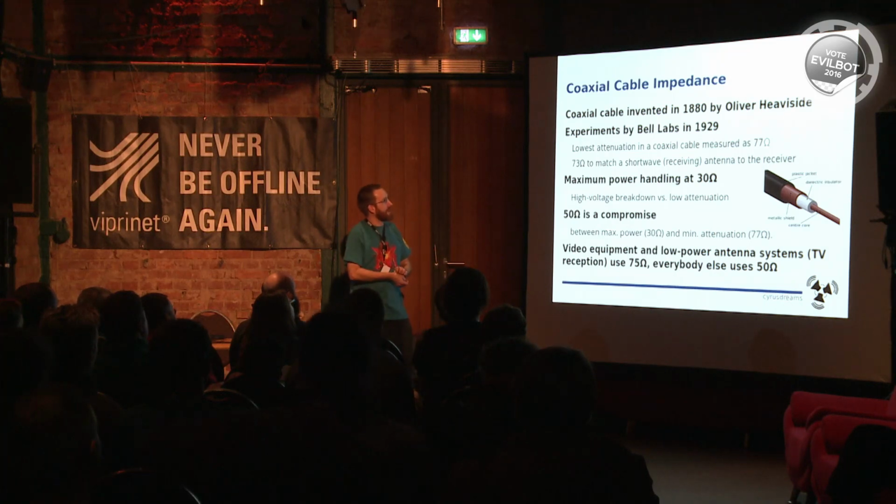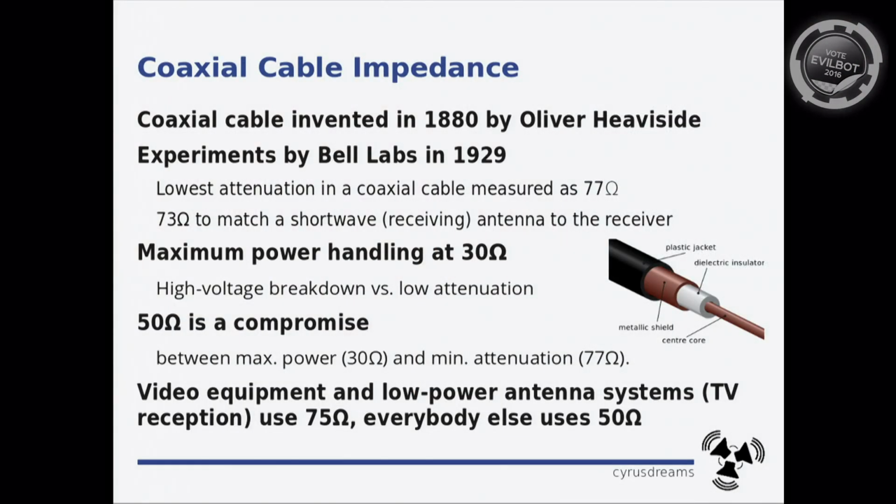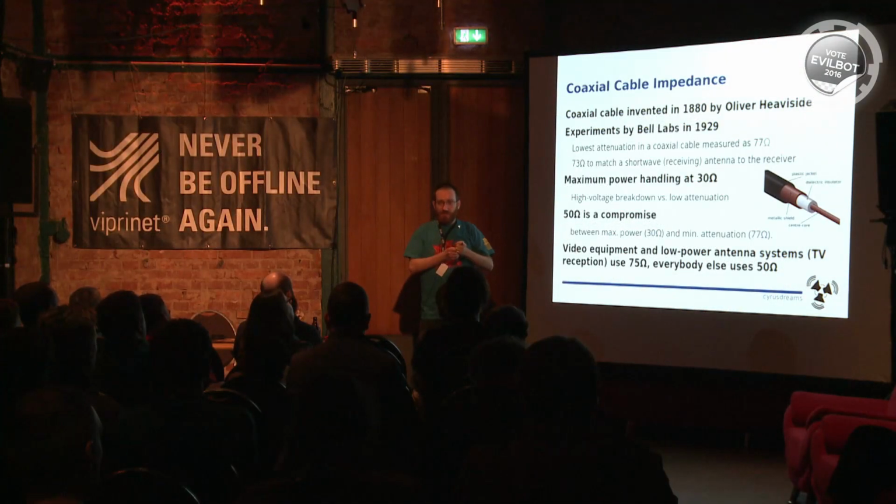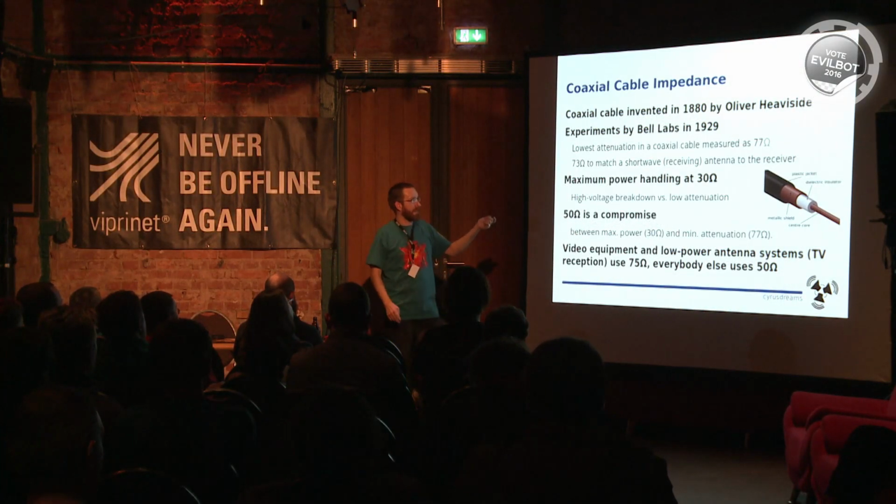And coaxial cable, yeah, the idea is it was invented in the 1880s, so this is quite an old style of cable. It means that you have a center conductor, you have an insulation around that, and you have a metallic shield which surrounds it circularly and completely. And this gives you some shielding from the outside, because normally on the outside you make your earth reference for your signal. And you have a controlled impedance, which means that you have a low attenuation in your cable. It just can stretch farther, because the attenuation is lower. And they tried that out in Bell Labs